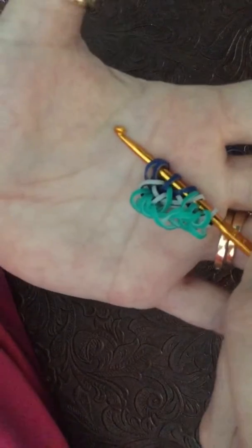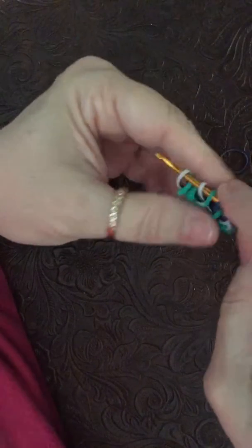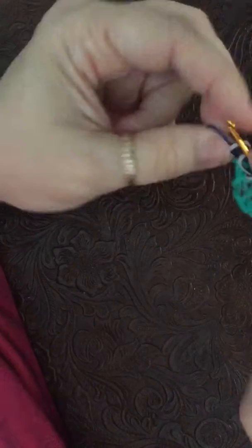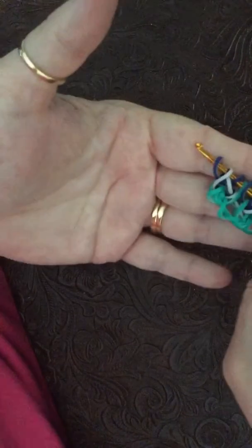Now we're going to switch sides and do the very same thing. Okay, so we're going to grab our blue band. It's going to go through the first 2 loops, and we're going to reclaim that end loop. Okay,